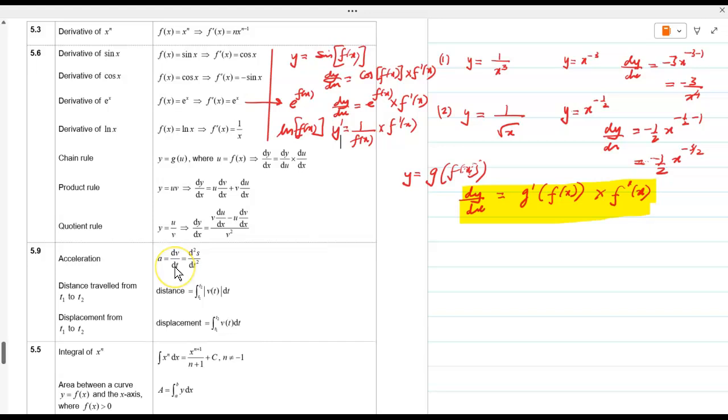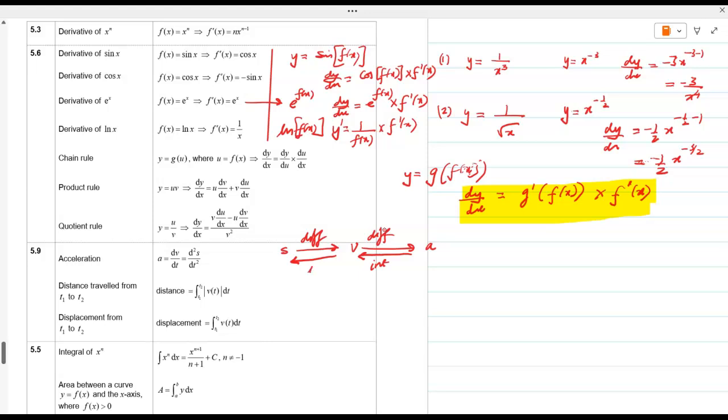Acceleration is the rate of change of velocity, and this is the second order derivative of displacement. Remember, s is displacement. So if you have your s, velocity, acceleration, you differentiate. Distance is not there. You integrate: if you integrate acceleration, you'll get velocity. But if you integrate displacement, you get nothing, a 0. Distance is just the mod